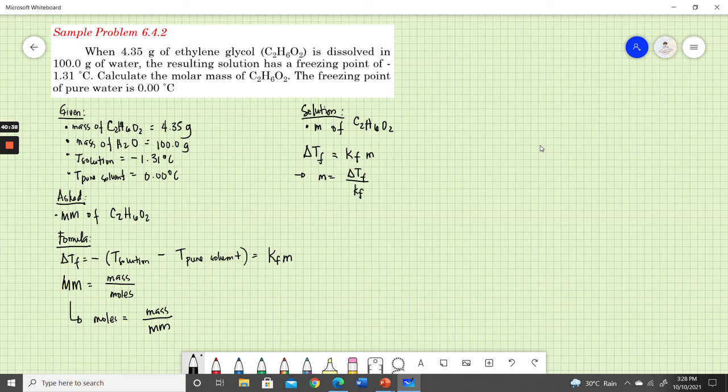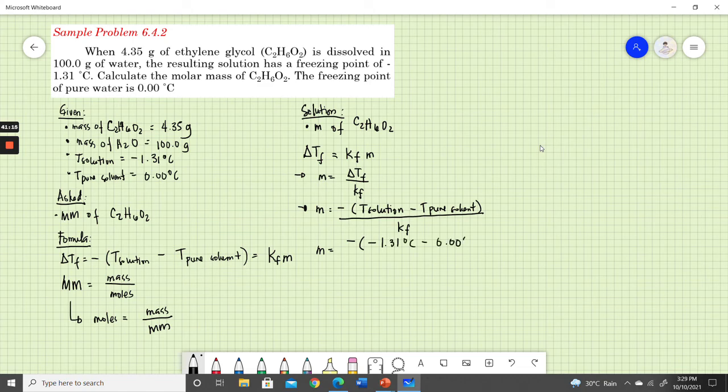And we know that ΔTf is equals to the T solution minus T pure solvent, divided by Kf. Okay, so m is equals to the new temperature of the solution, which is negative 1.31 degrees Celsius,